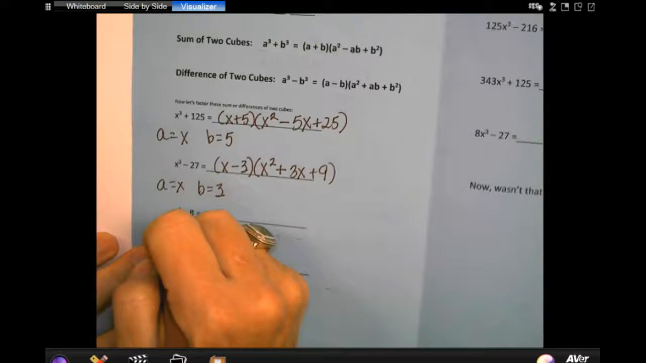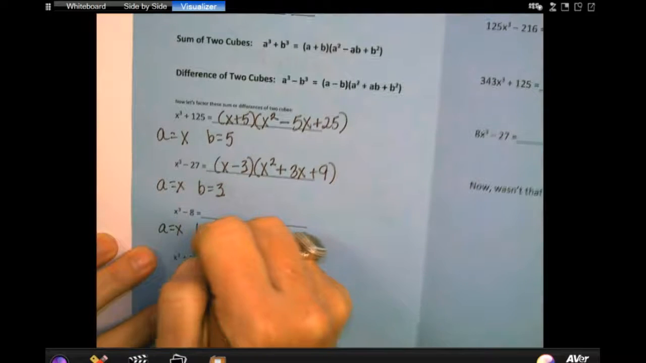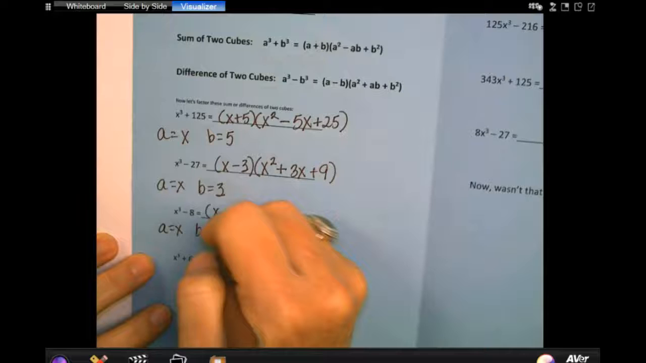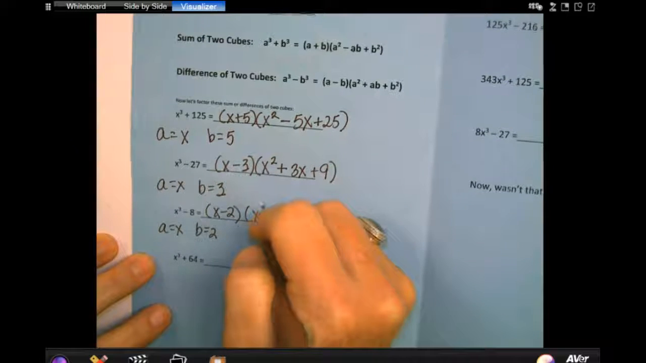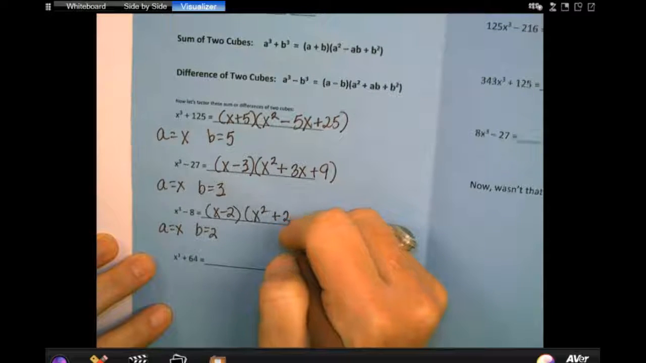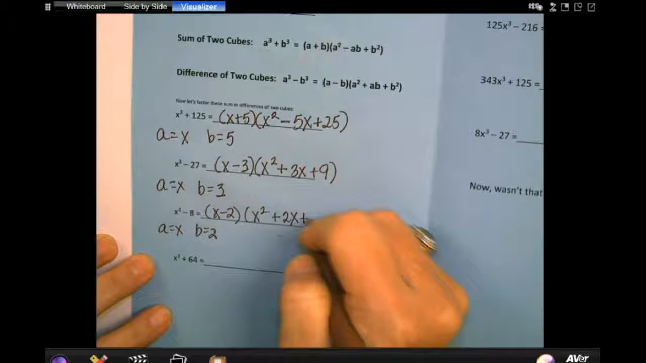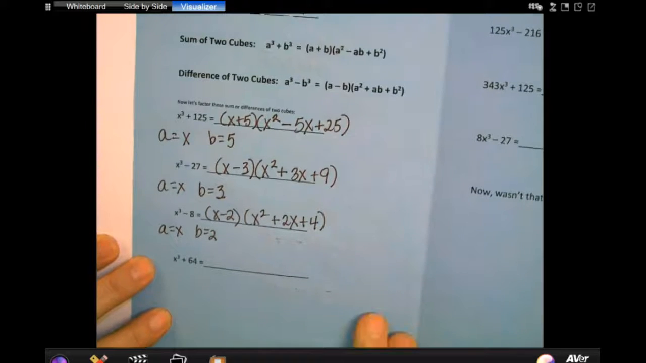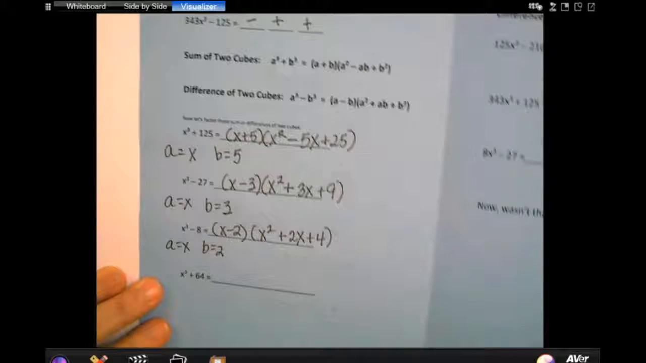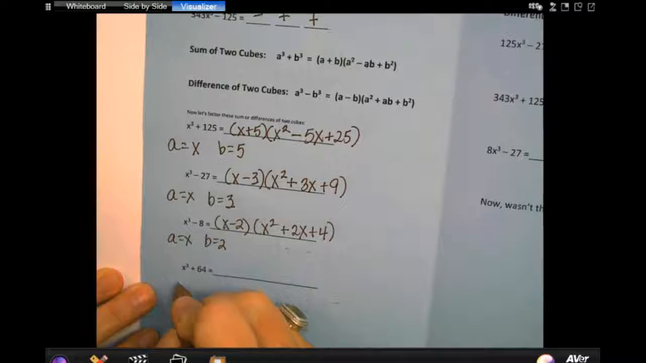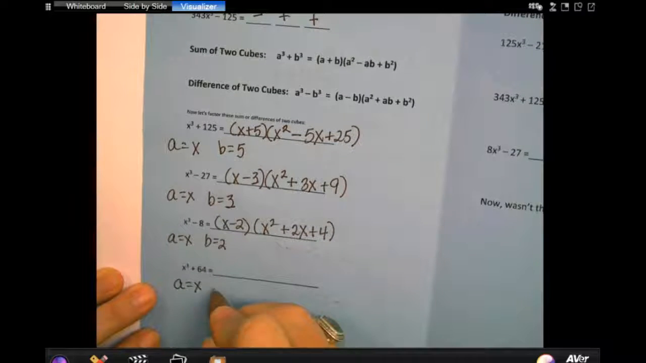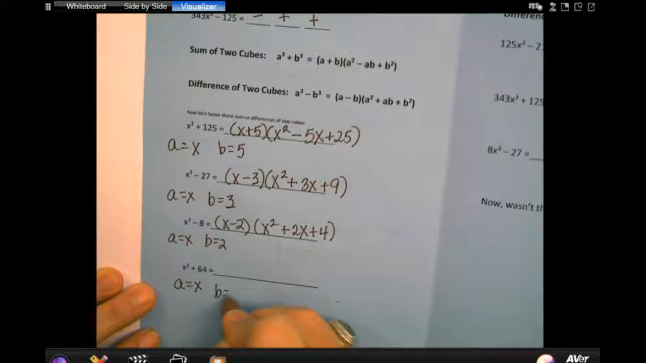So the A is x and the B is 2. So I'm going to get x minus 2. So on the last one, if A is x and B is 4,